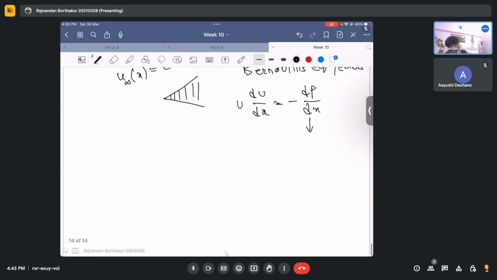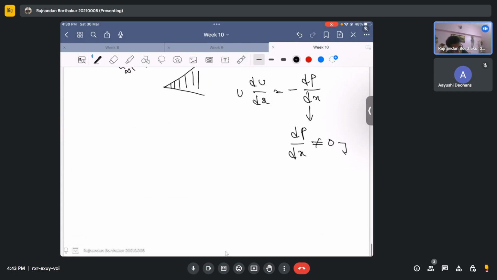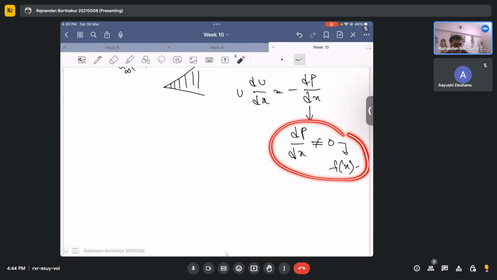In fact, this dp by dx is very sensitive to the profile of u infinity of x. Okay, that's what I want to say. All I want to say is this dp by dx will not be equal to 0. In fact, it will be non-zero, and this would be a function of x. In this scenario, there may be instances where flow separation can take place, and it's the case of the Falkner-Skan solutions where you do this kind of